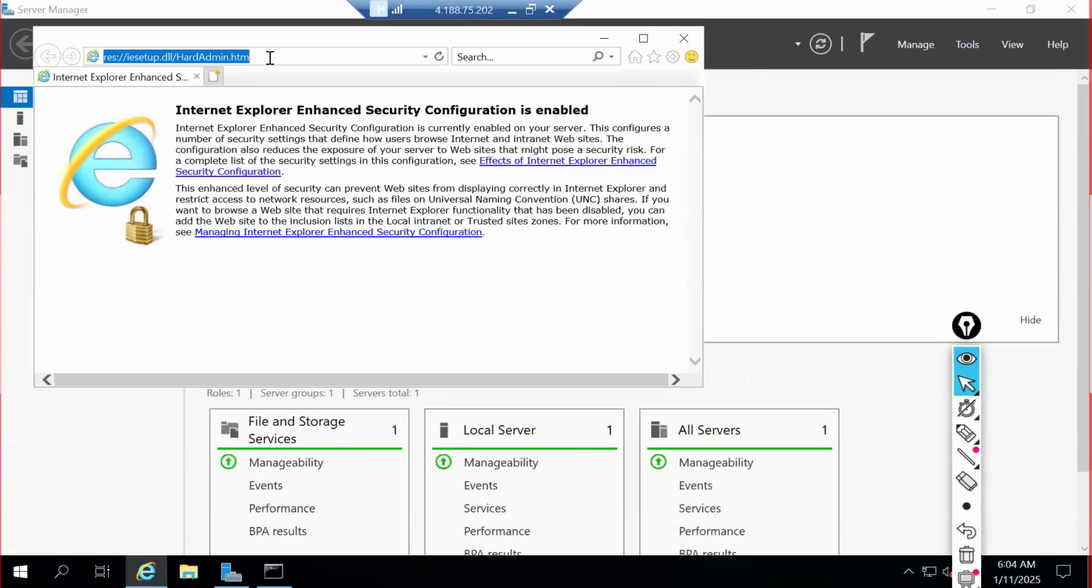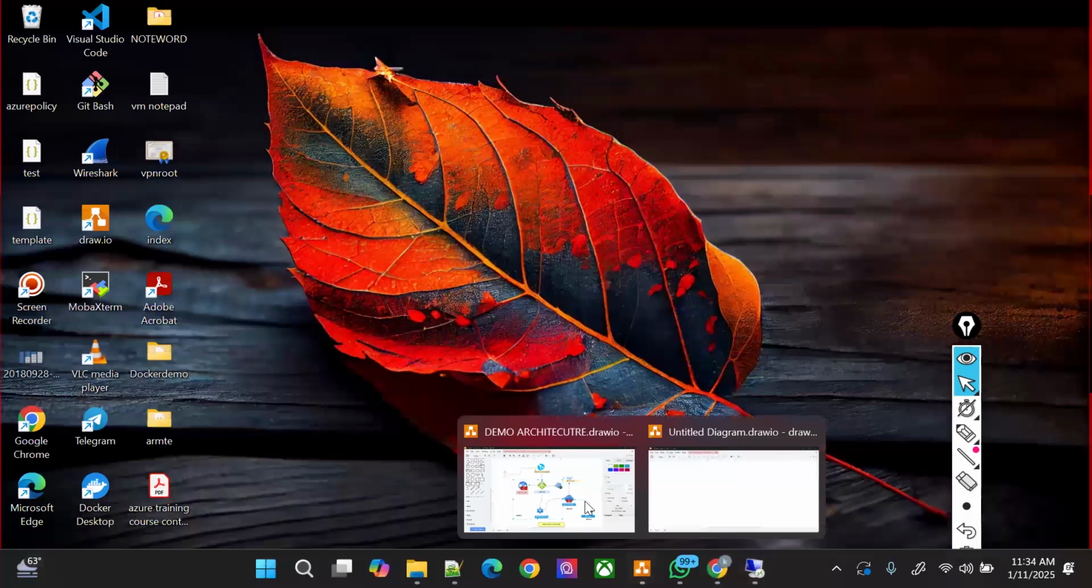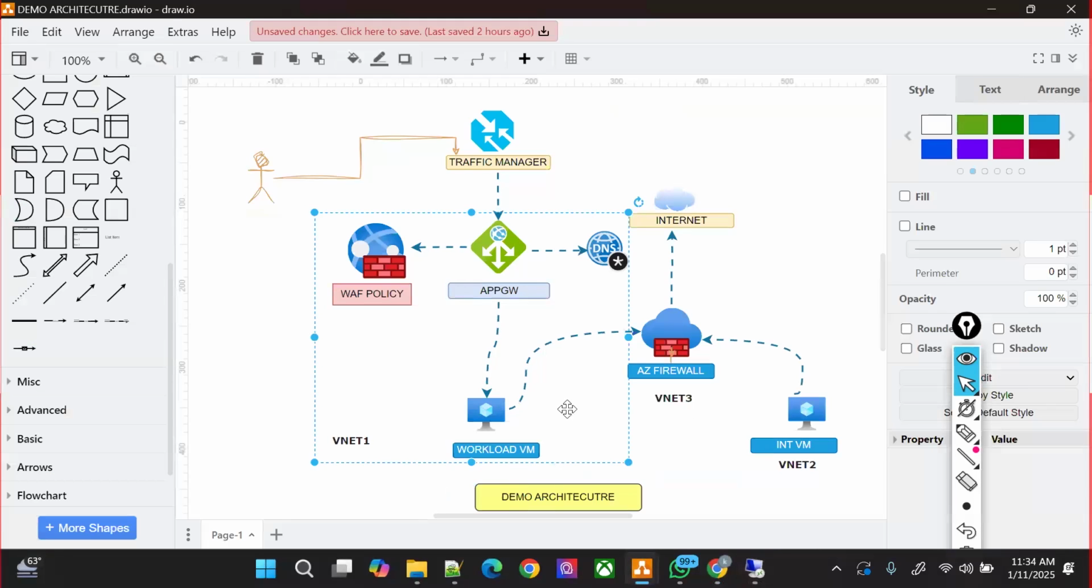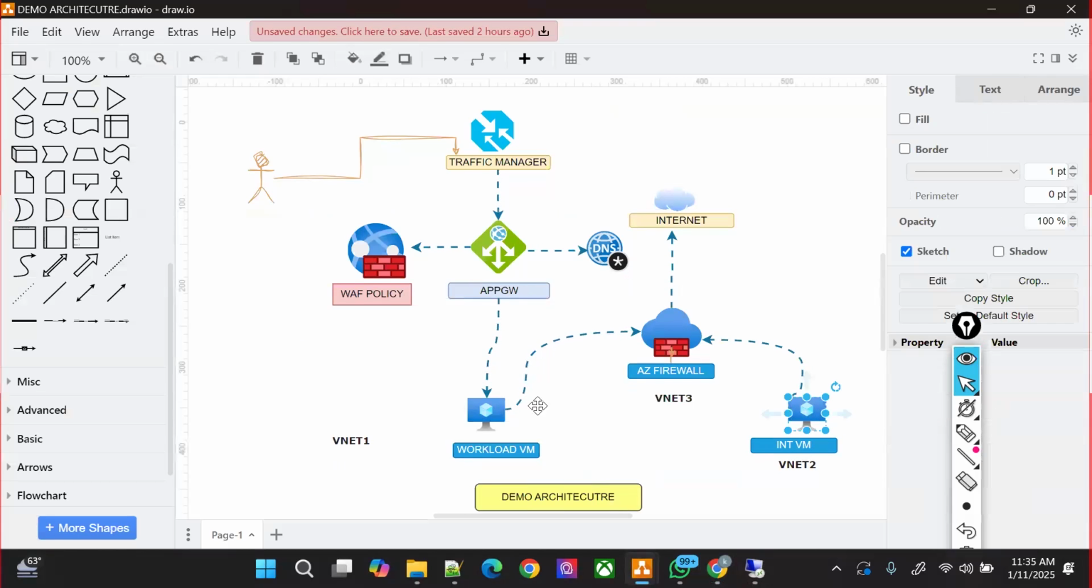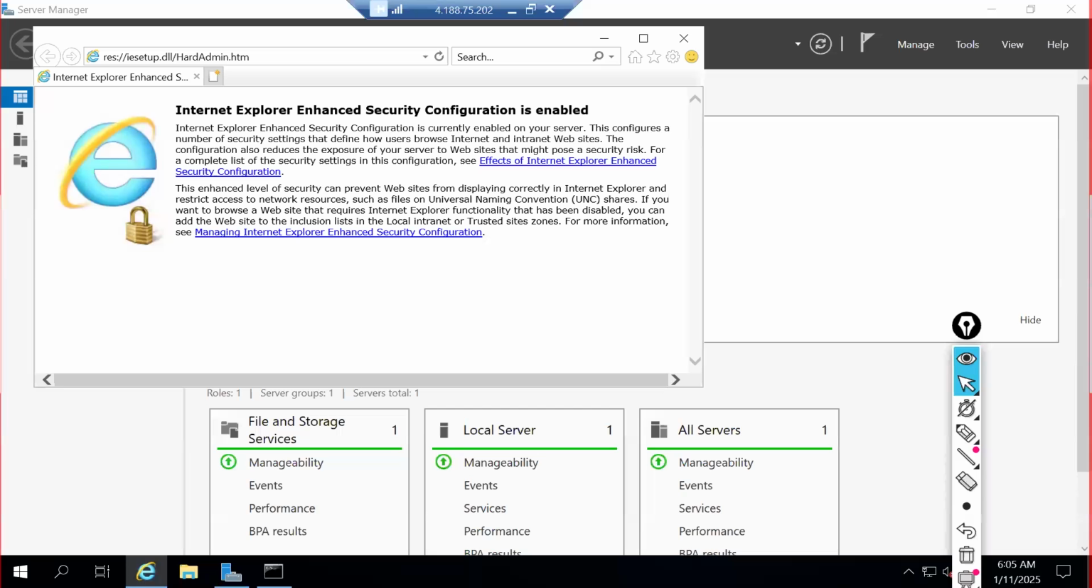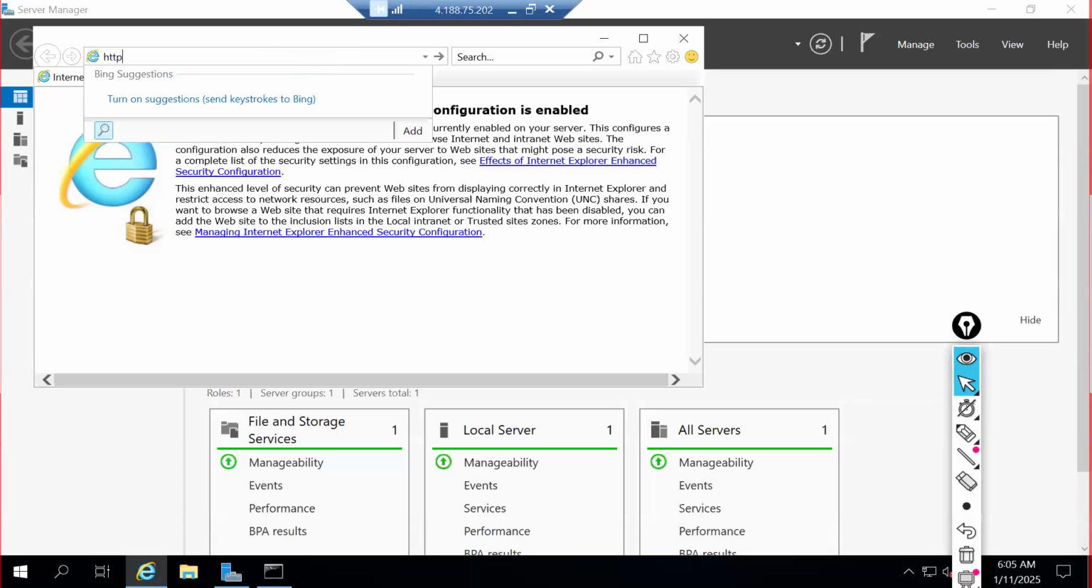If I'll be able to access it, because no peering is there, right? There is no peering. We did it from here to there. No peering from here to here. Peering is only happening from here. I'm diverting this traffic for my workload VM via firewall. So if I'm able to access the workload VM, it means my traffic is going via firewall. Let's do that. HTTP